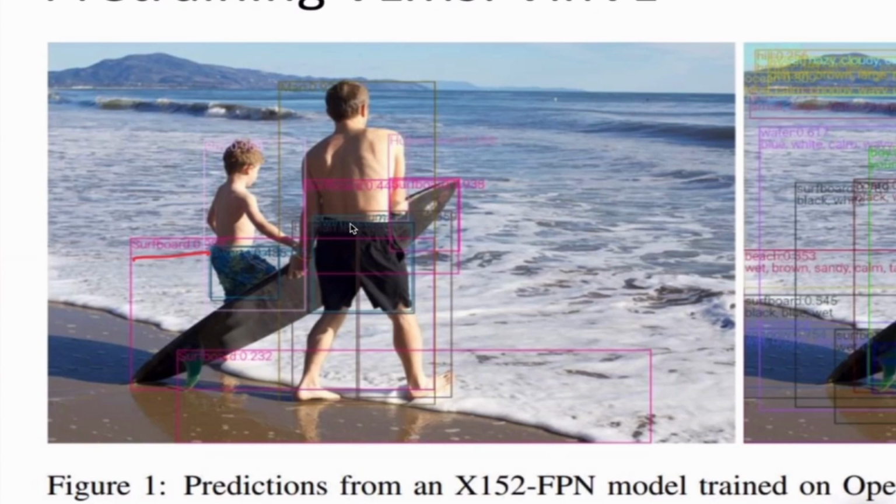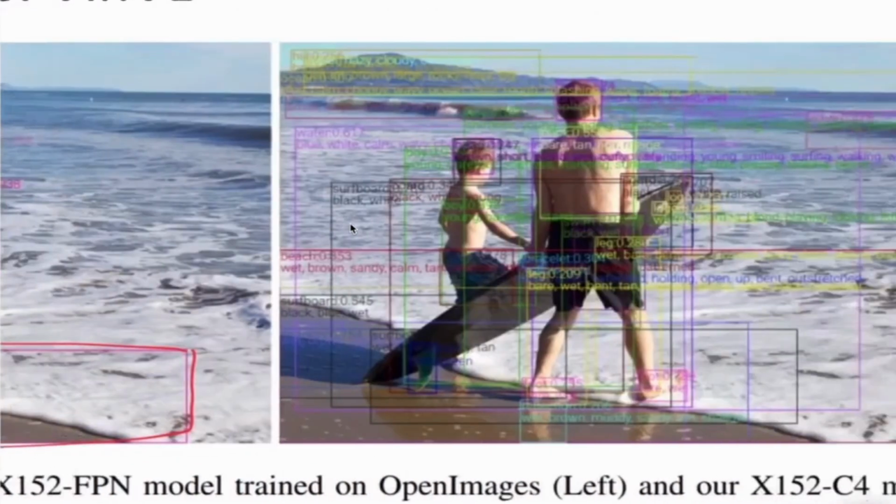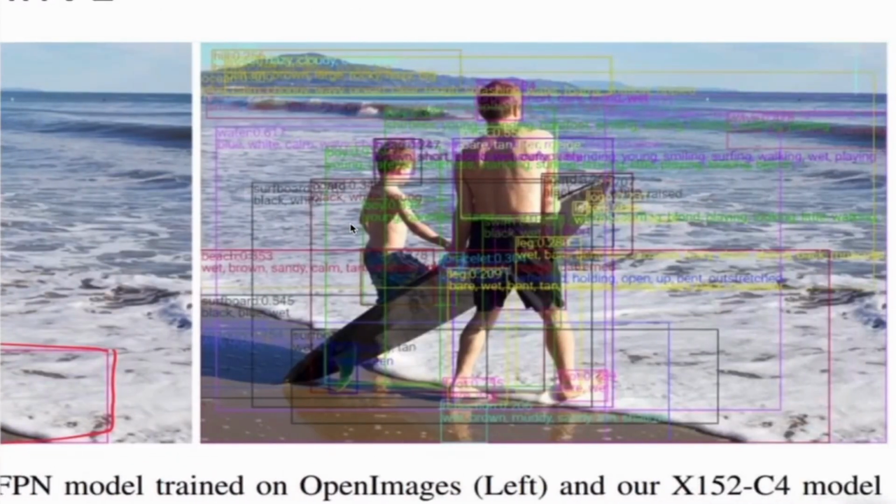Okay, and it does make some errors. For example, it is considering that this bounding box here is also a surfboard, so there are errors. Okay, so it is looking at some of the concepts, but when you go into VinVL, they train it on a large scale dataset, which is a private dataset exclusive to Microsoft,